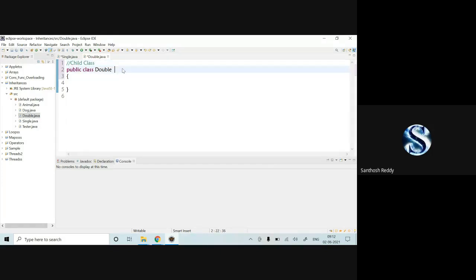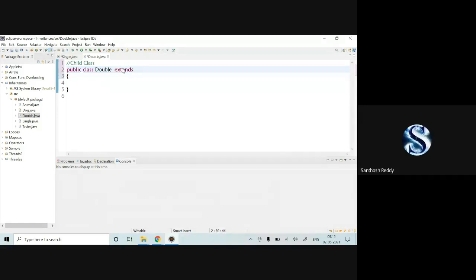If I want to extract the properties which are there in the parent, using which keyword do I have to extract the members? If I want to create a relationship between the two classes, using which keyword do I have to create a relationship? Extends, sir.